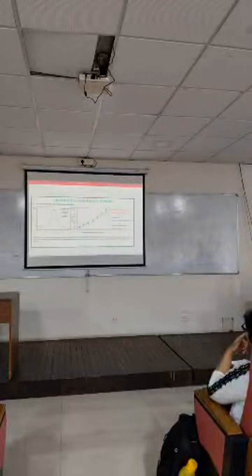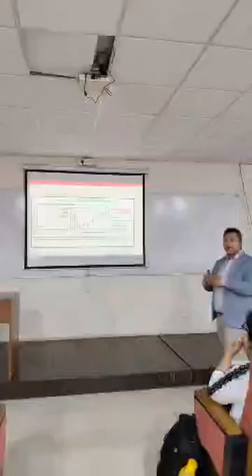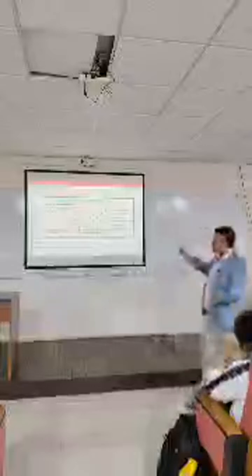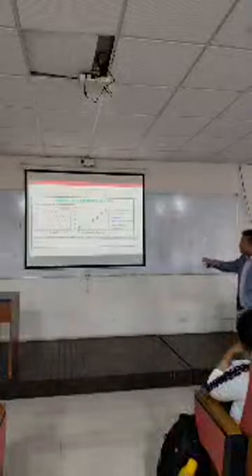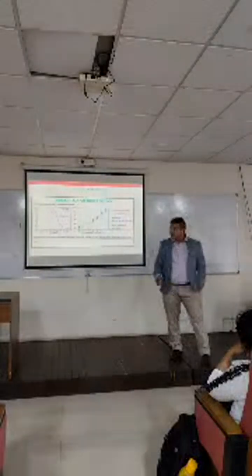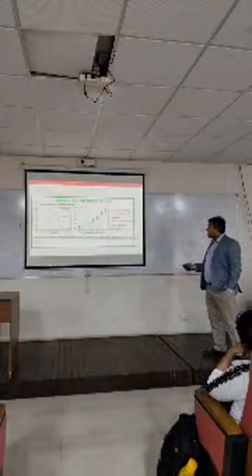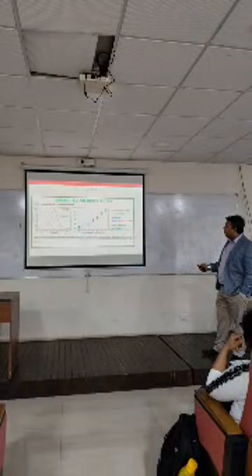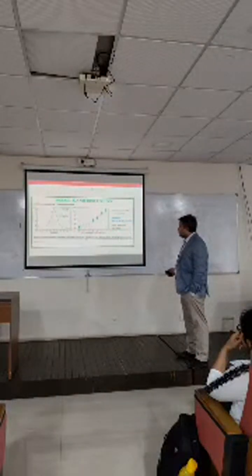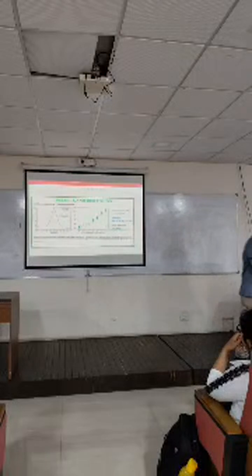So now, lastly, we did several experiments, the same as before: scanning electron microscopy and transmission microscopy, similar to the previous one. Now we have done electrochemical responses. Here we can see our linear detection range is between 10 to the power minus 4 to 100 nanogram per milliliter, with a sensitivity of 0.96 microampere per log nanogram per milliliter per centimeter squared. The limit of detection is 10 to the power minus 4. So when we compare to the previous one,